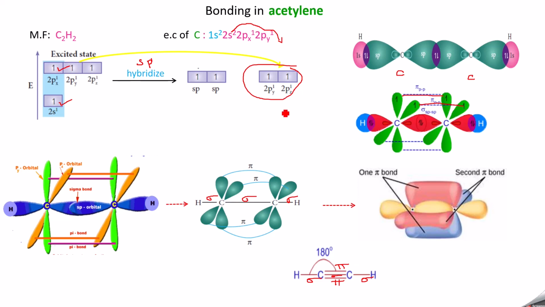So acetylene will undergo sp hybridization. Ethylene will undergo sp2 hybridization. So how to identify sp or sp2? If a carbon is followed by one double bond, you will have sp2 hybridization. Now if the carbon is followed by a triple bond, then this carbon will undergo sp hybridization. You remember it like this. Now suppose this carbon is surrounded by all single bonds, there is no multiple bond, only single bonds. Now this carbon will undergo sp3 hybridization. So this is how you can identify which hybridization that carbon undergoes.